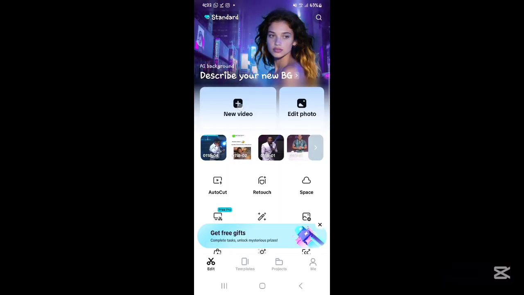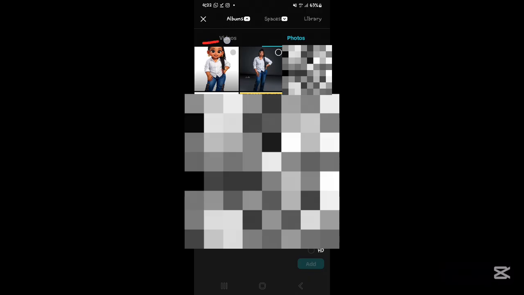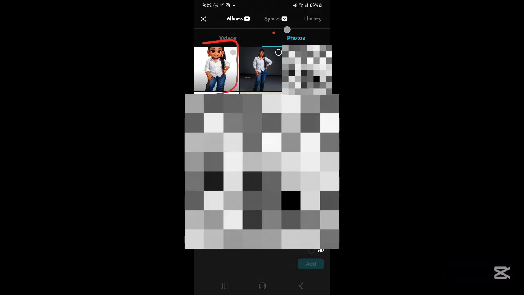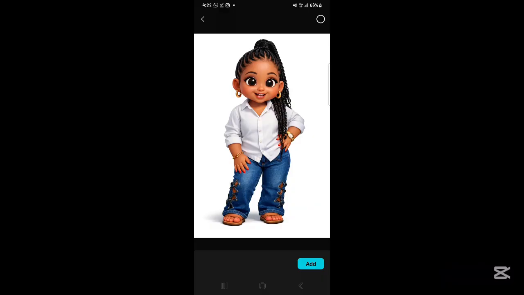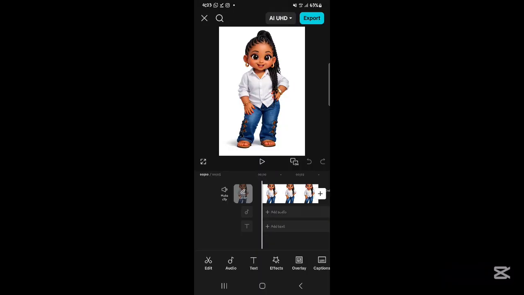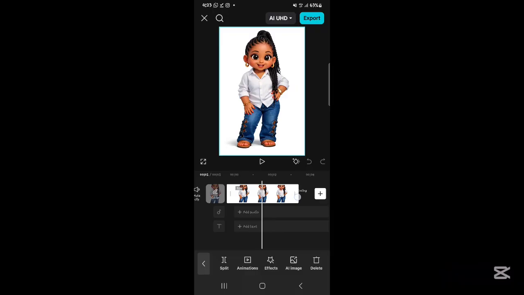Next thing, you're going to come over to CapCut, click on add new video, then select the image that it has generated, which is the cartoon character that is under photos. Okay, then click on the add. It's going to load on this interface. Now what we are going to do right now is to drag this